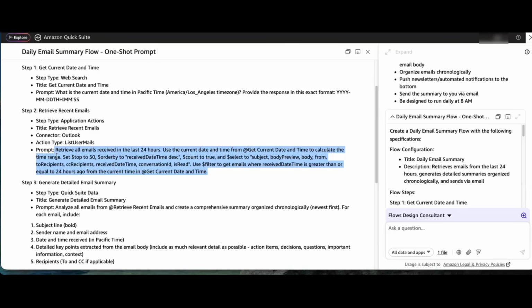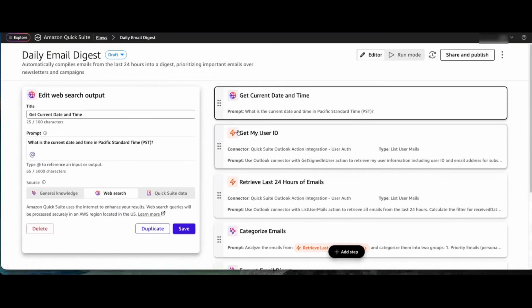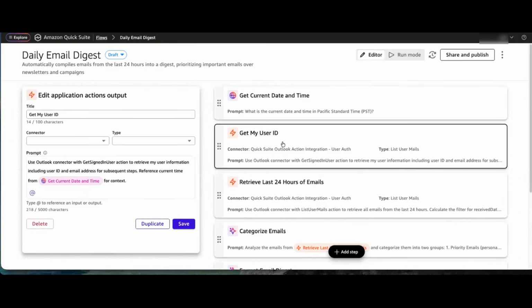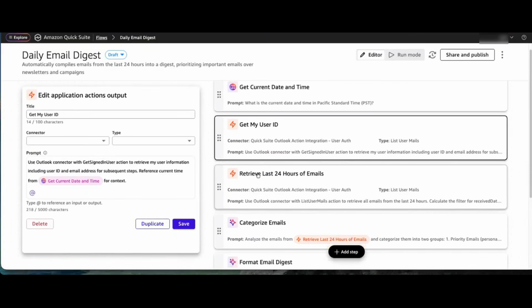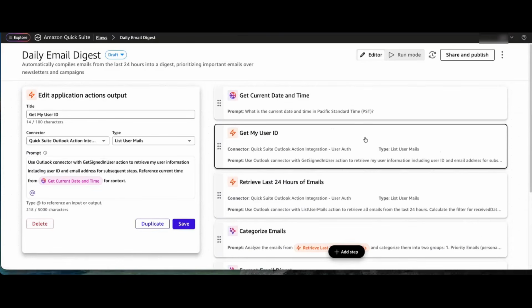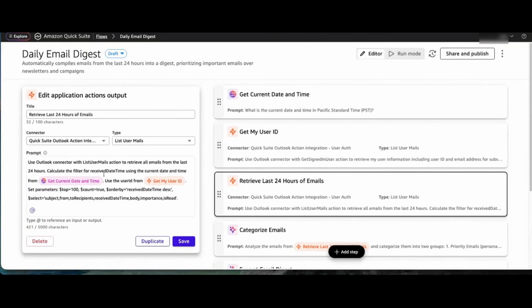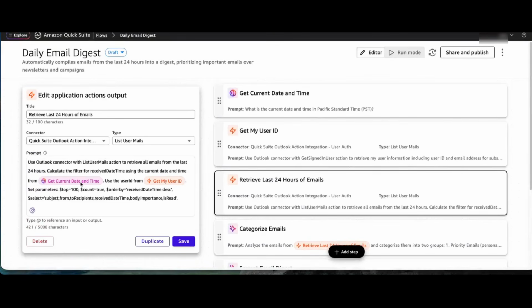And so whenever I gave this specific prompt to flows, it actually did a really good job at determining the various connectors that I needed. So obviously the first thing I wanted was to get my user ID, but it selected the wrong action connector. But then it utilized all this information, including the current date and time, and then the parameters that were actually required by